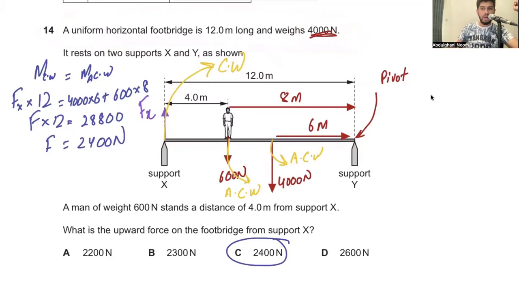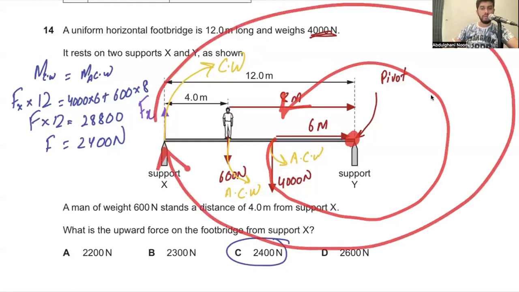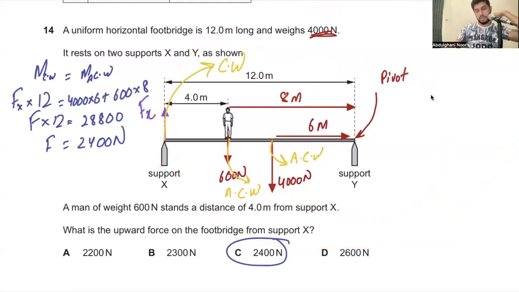If an arrow is going out of the page, then its direction will be anti-clockwise or clockwise. I don't know that arrow method. I know that this is the pivot. For this pivot, this force will go around it. How will it go? Anti-clockwise. This force will go around it. How will this go? Clockwise. This is how it works every time. I don't know, maybe your method is correct.